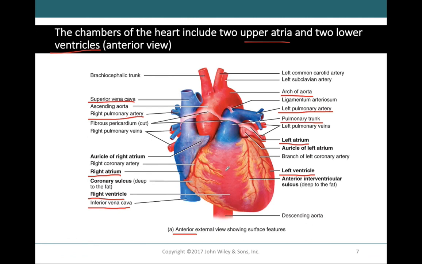Now, once blood has made it through the pulmonary circulation, it's going to eventually come back to the heart and enter into the left side of the body. The whole purpose of the pulmonary circulation is to reoxygenate blood. So blood that's coming back from the pulmonary circulation will be nicely oxygenated. And it's going to enter back into the left atrium through four other vessels known as the pulmonary veins. We have four of these, one here and one here, and we'll find two on this side, one here and one here. So those are the right and left pulmonary veins that bring blood from the pulmonary circulation back to